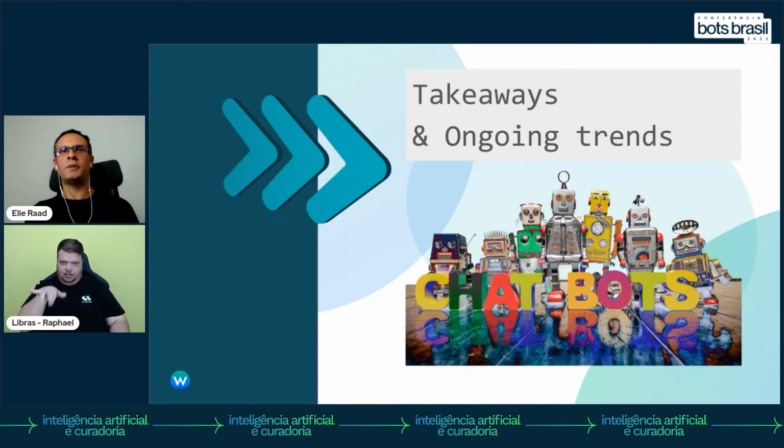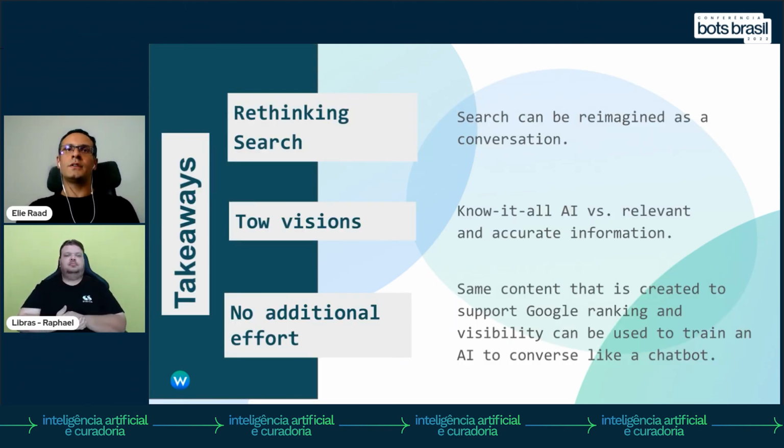Now, just before we finish, let's check those two takeaways from our presentation today. So the first takeaway is rethinking search. Search can be imagined as a two-way conversation between the user and the machine. We have two visions of conversational AI: the know-it-all versus the relevant and accurate information. In our case, we are providing accurate information from our website by leveraging the same data that we are using for Google. So there's no additional effort